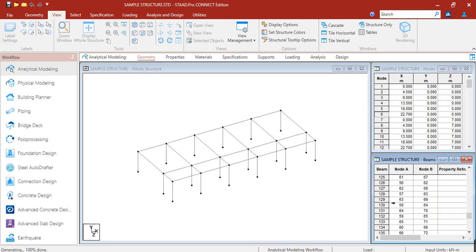So let's say beam 79. As you can see, it is highlighted in our screen, beam 80, beam 81, and 82. Okay, so